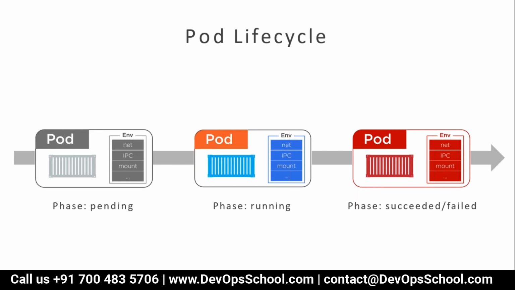A pod is like a wrapper around containers. So when you talk about the pod life cycle, there is no create or anything like that. When you create a pod, we instantiate a pod, and it goes into the pending stage, because inside the pod there is a container which is not running right now. The moment the container inside the pod is running, the pod also becomes running. Then the pod will complete its work, and it can be succeeded or failed. So this is the life cycle: pending, running, succeeded, failed.